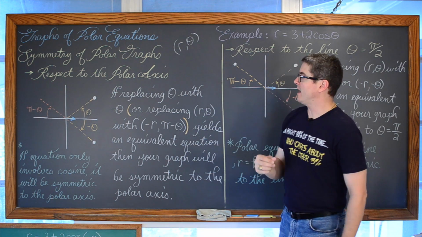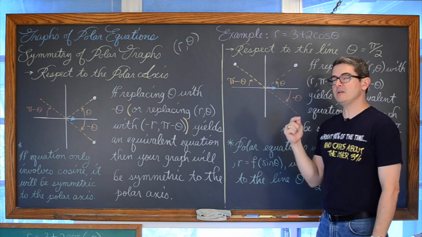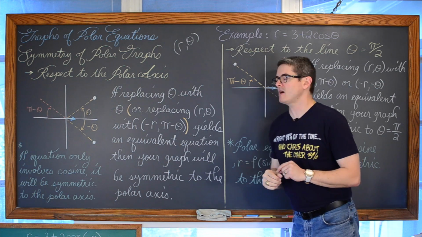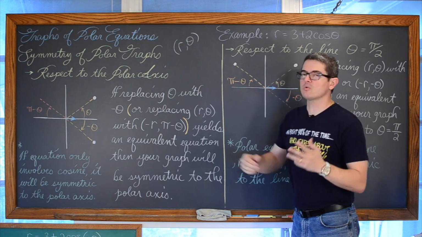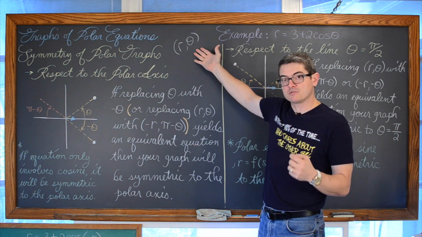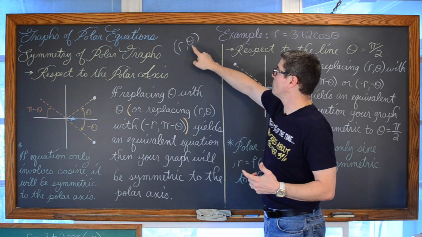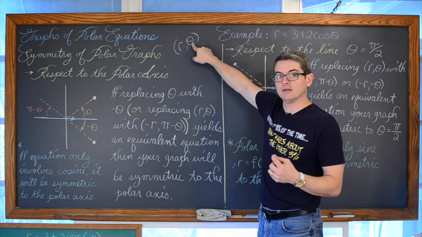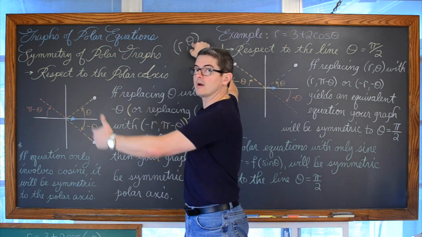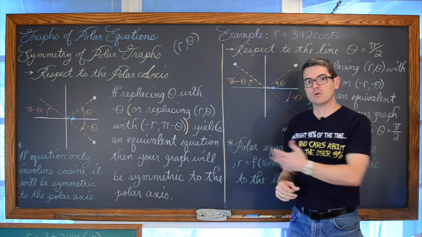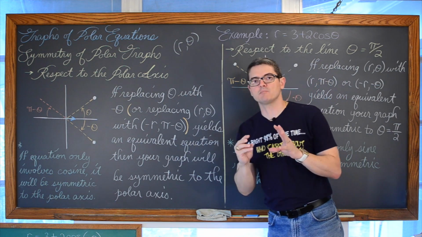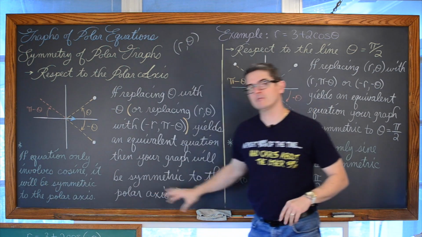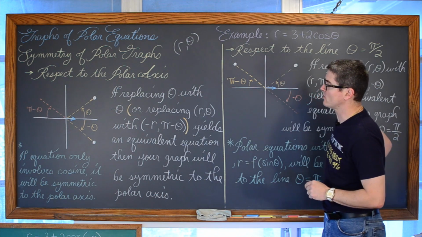Symmetry of polar graphs. They can be symmetric to the polar axis, the horizontal axis. Don't call it the x-axis because we're not in a rectangular coordinate system. And of course, I'm assuming we've already talked about graphing just simple polar coordinates, where we rotate the pointer, if you will, and after the rotation theta, if the radius is positive, we'll go towards the direction of the pointer, and if the radius is negative, then we'll go in the opposite direction of the pointer. So this is not just plotting individual coordinates. That's assumed to already be understood. And I'll have a link here if you're not sure how to graph polar coordinates. This is about the graphs.